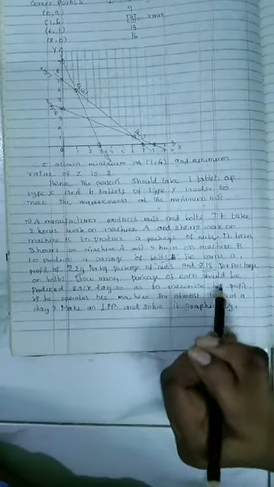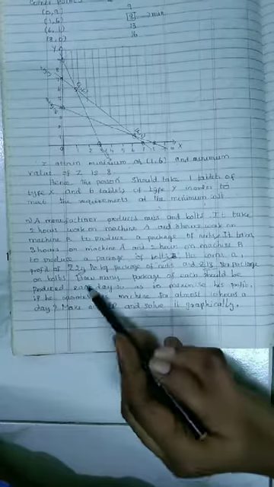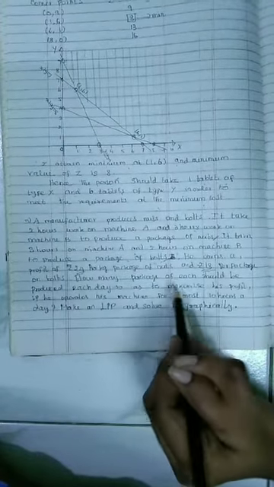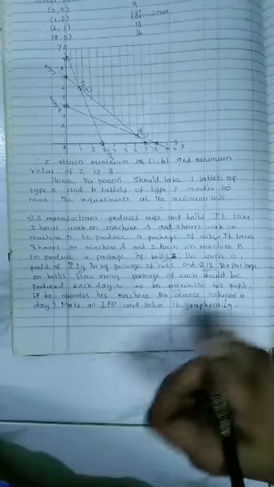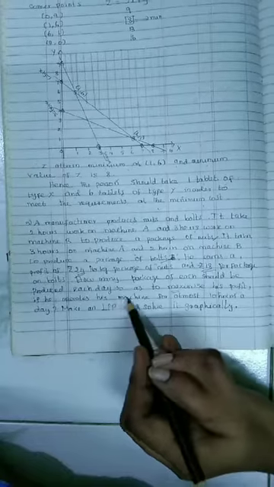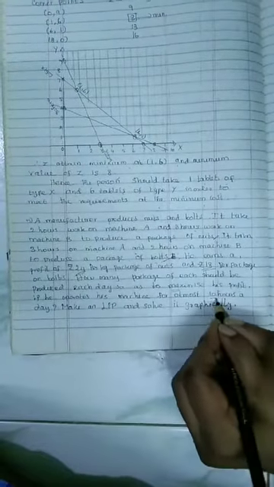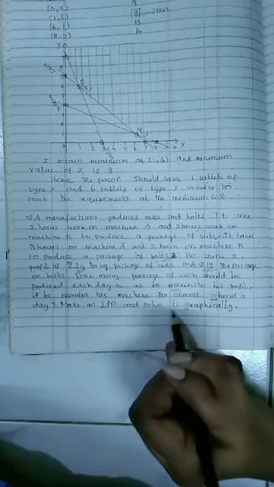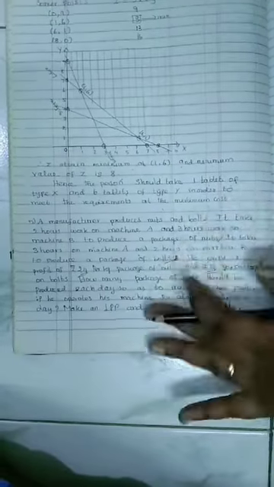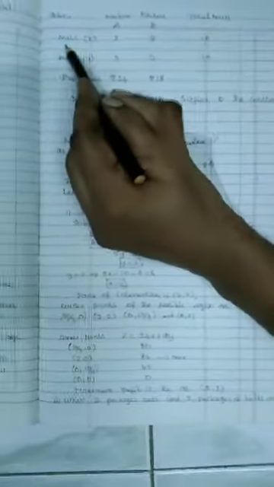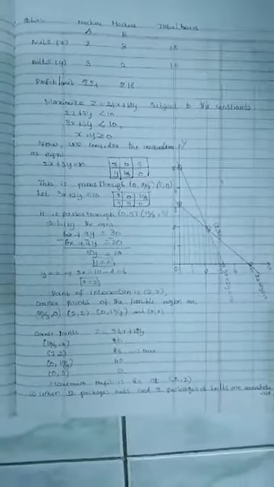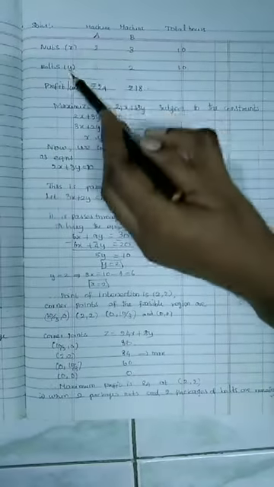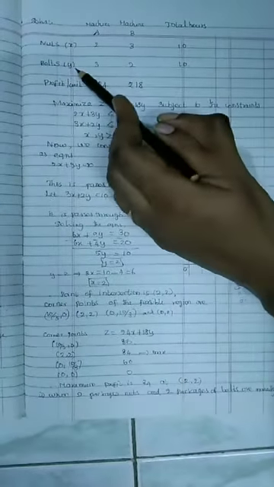How many packages of each should be produced each day so as to maximize his profit if he operates his machines for at most 10 hours a day? Make an LPP and solve it graphically. Okay, so they are clearly given data. We want to make a table here. First of all I write here nuts and bolts because they are describing only two objects. So nuts and bolts, I take nuts as x and bolts as y.